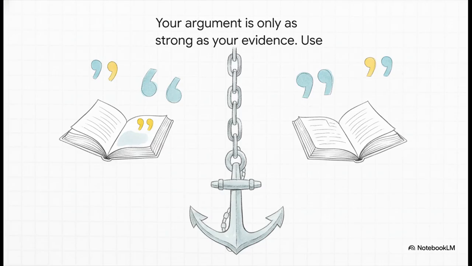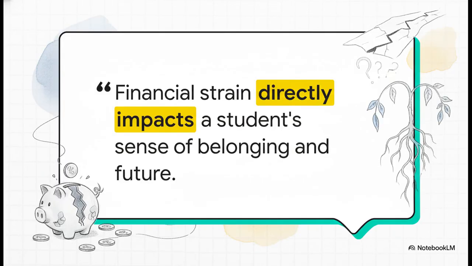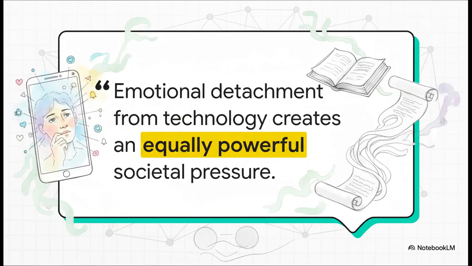You have to be pulling specific quotes and examples from both Schuchler and Pugh. So you might pull a specific quote from Schuchler where she talks about the emotional toll of tuition costs. You'd use that to show her point about how financial barriers create a very real kind of social pressure. And then you pivot. You bring in Pugh. You could use an example from her article to show this other kind of pressure, one that's maybe less about dollars and cents and more about feeling authentic in a digital world. See? Now your sources are actually interacting with each other, and it's all being orchestrated by you.